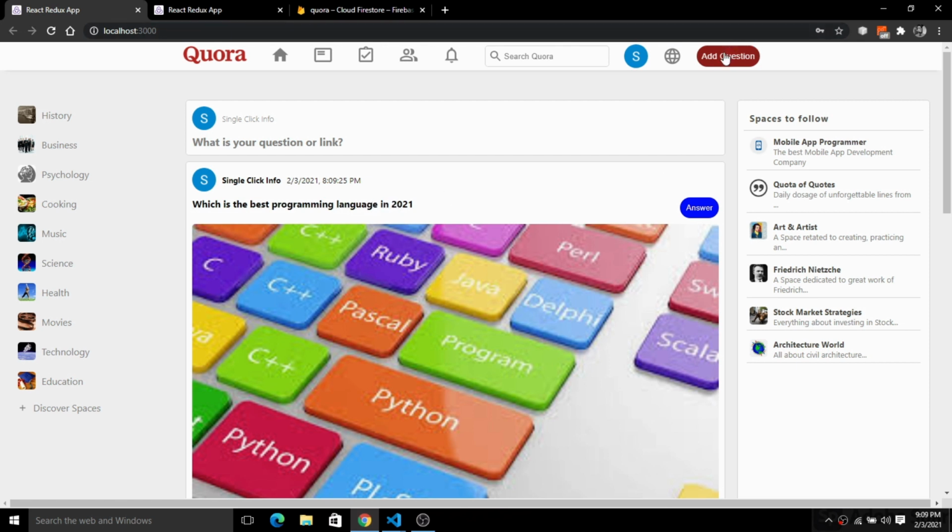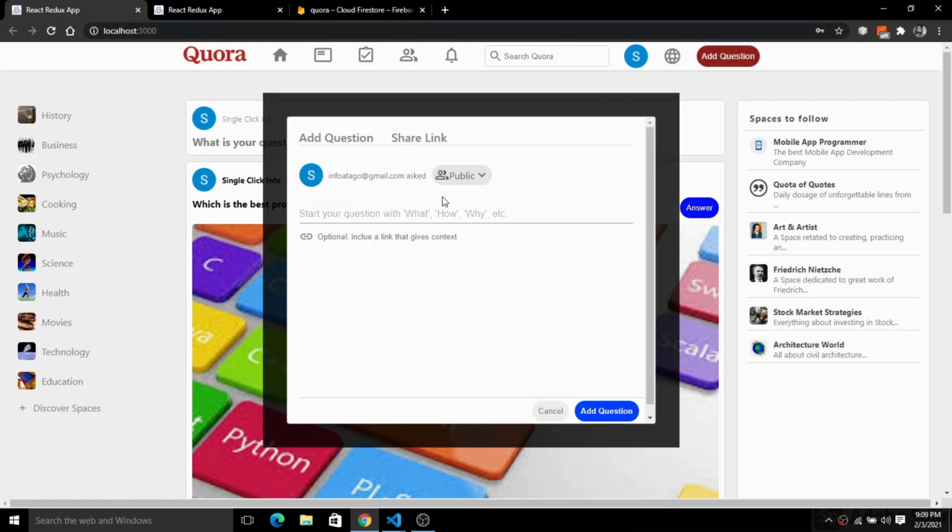So I'm going to simply add another question and show you the exact answer for this. So we have this: which is the best programming language of 2021.